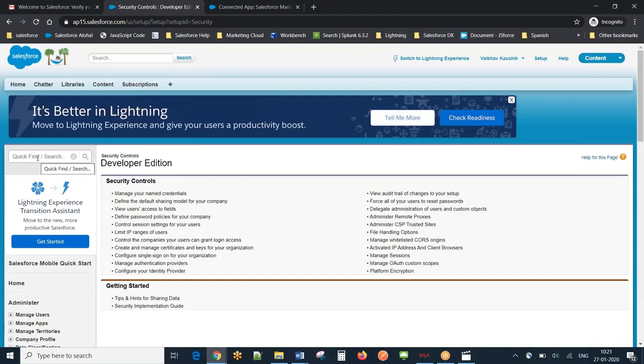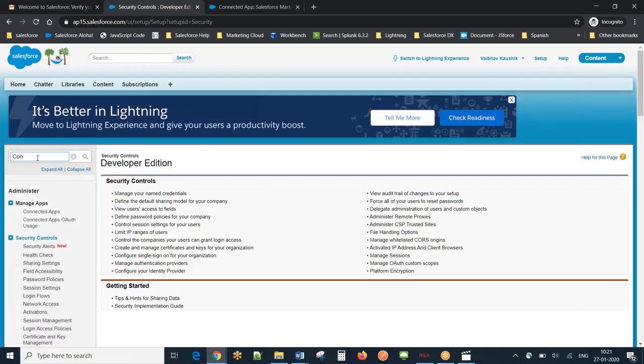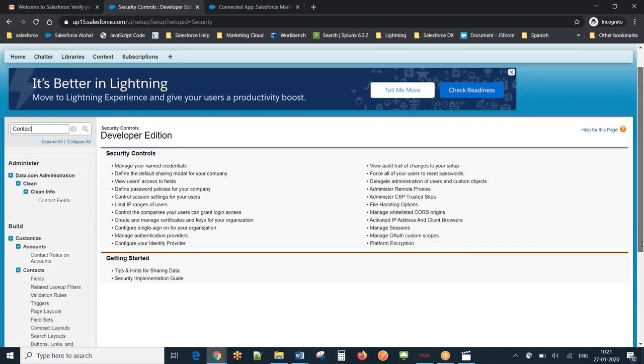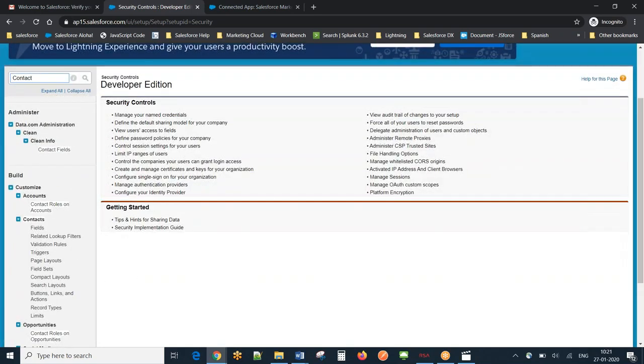For that tracking data and also the email send thing, we need certain fields or certain buttons on our page layout. Since we're going to use a contact for this purpose, right now I'm modifying a contact page layout. Later on you can do the same thing with other objects as well. So right now let me just quickly modify this contact thing. Okay, so I'll go to contacts, I'll open page layout,